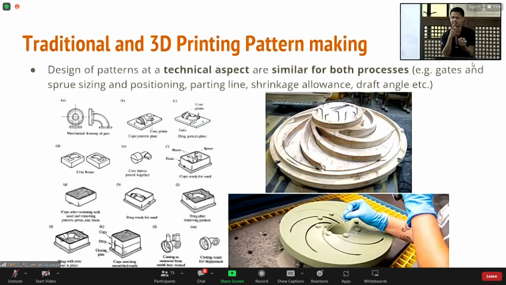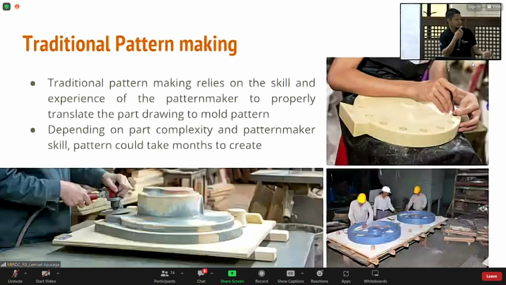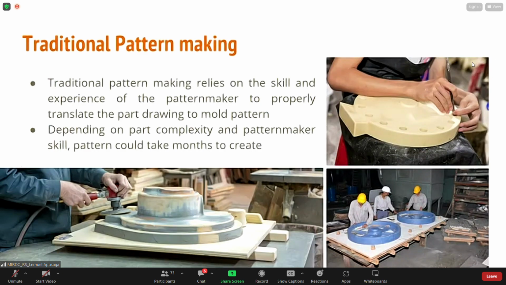The difference is how you're going to make it, or the manufacturability of the patterns that you are going to make. And with that manufacturability comes the factor of costs and the factor of time that you might be able to save when you choose one over the other. Okay, so for traditional pattern making, it relies heavily on the skill and experience of a pattern maker, especially for wooden patterns, to properly translate the part drawing to mold